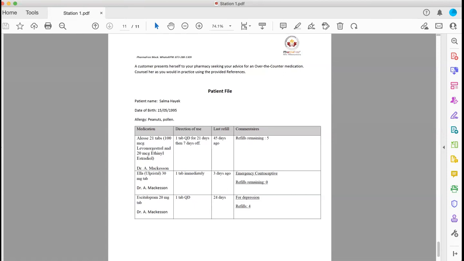So exactly the same as Plan B. None of them protect for future incidents. No, only retrospective, yes, exactly, correct. Okay, but in this condition, we should refer to a walk-in clinic for another Ella, yes? Yeah, she still has 4 days to take Ella, correct? She still has 4 days.